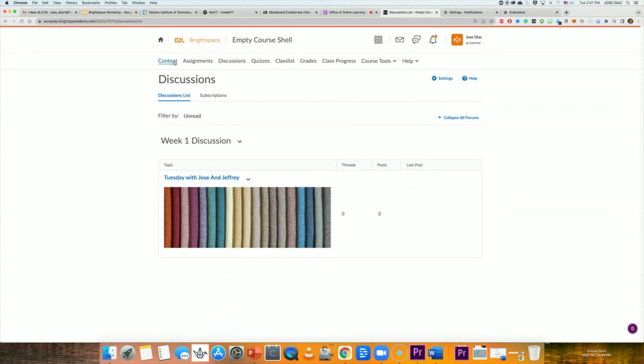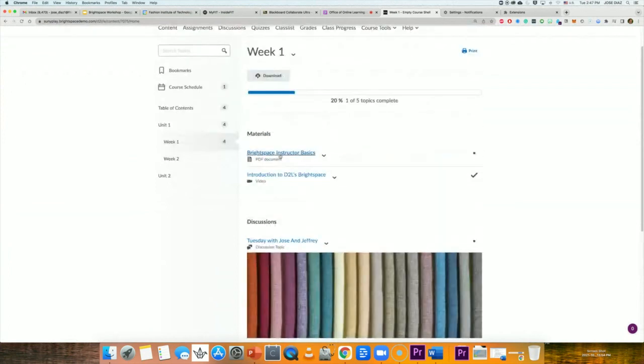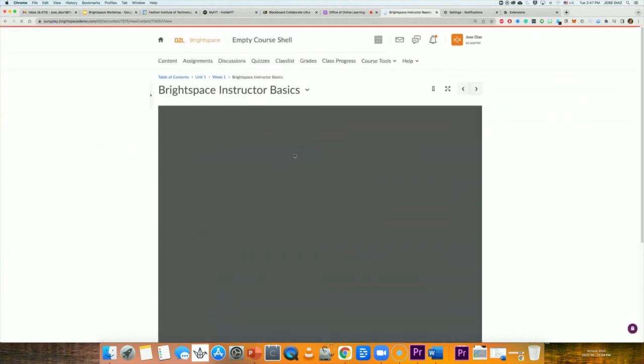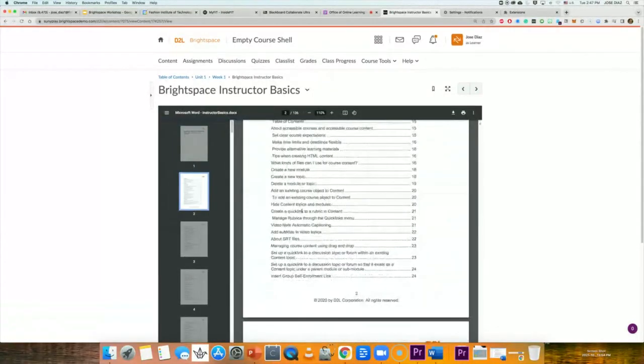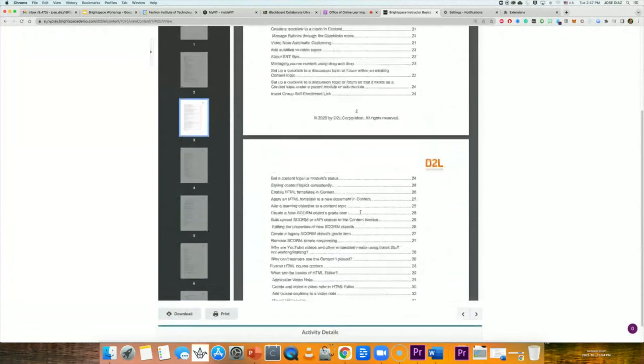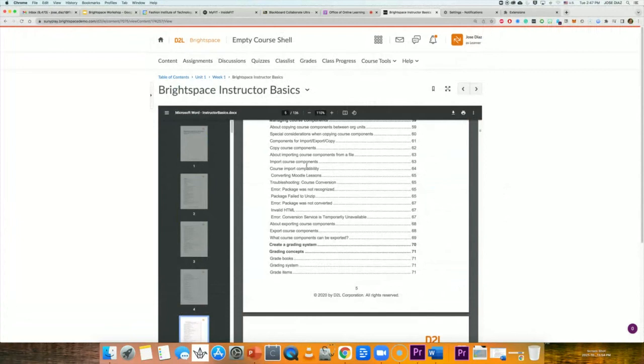So the student can see the course from 2 perspectives, from the bucket perspective or from a learning sequence going from top to bottom. So if I click on Brightspace Instructor Basics, which is the first item in our learning sequence, this is the PDF that we uploaded, right? So you can scroll down, right? You can see the document that we uploaded. Once the student is done with the document, they can click on the right arrow and move on to the